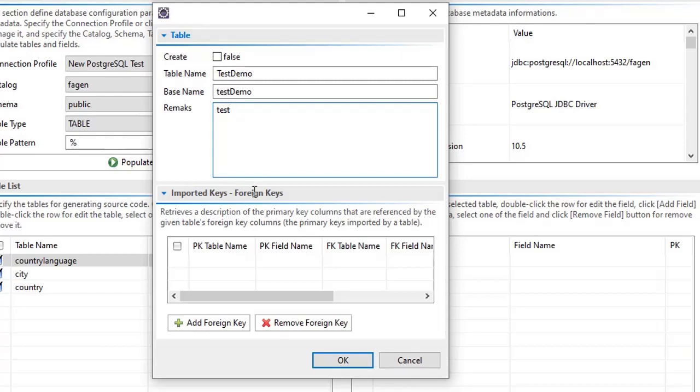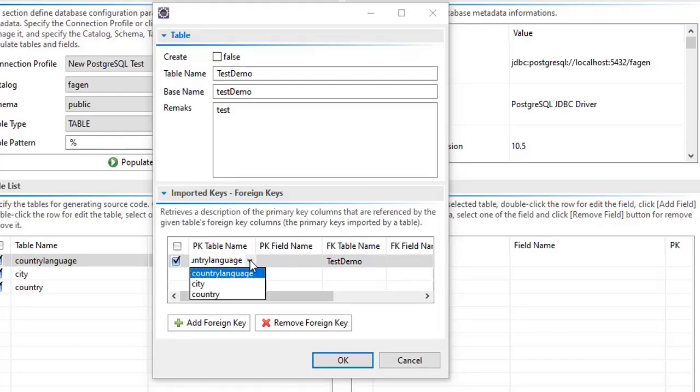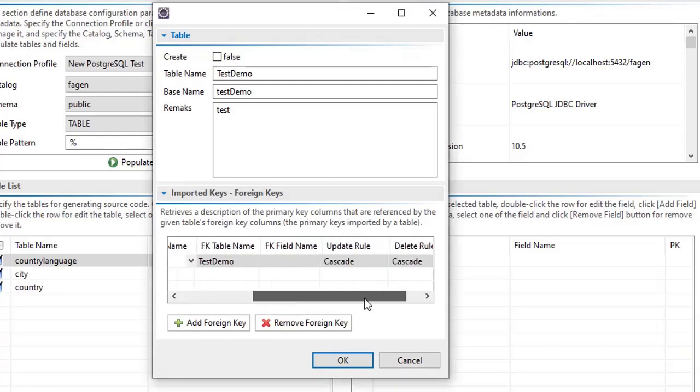And then if you want to correlate with the city, you just add the foreign key basically. The primary table name is, for example, the city, and then the primary field of the table city is the ID, for example. And this is the foreign key of the test demo, which we don't have yet. Maybe later on we can add the field.